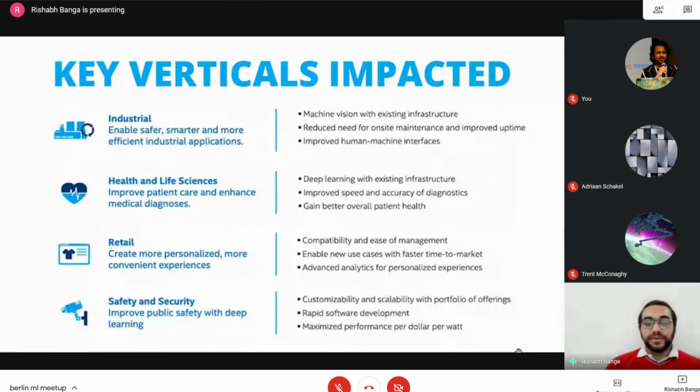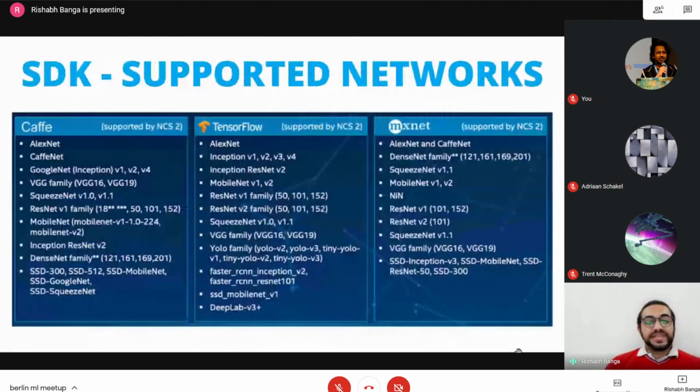These are the use cases that are supported till now. As you can see, I've mentioned it's supported by NCS2. The Neural Compute Stick 2 is the current hardware that is being marketed and is the successor to its predecessor, Neural Compute Stick 1, or as we call it, Neural Compute Stick. Depending on the architecture you go for, there's Caffe, there's TensorFlow, and MXNet. You can see there's a huge list that is supported, and this list keeps on